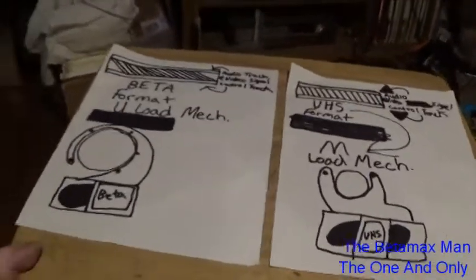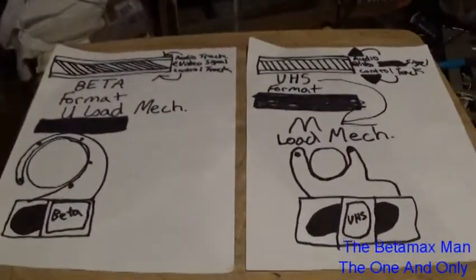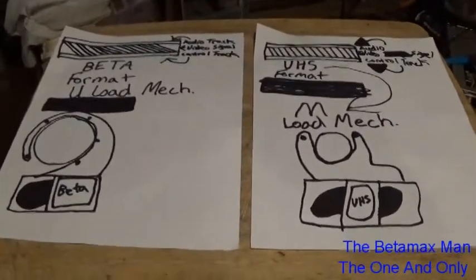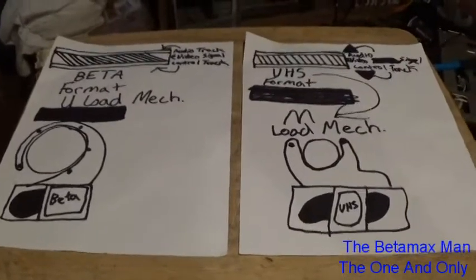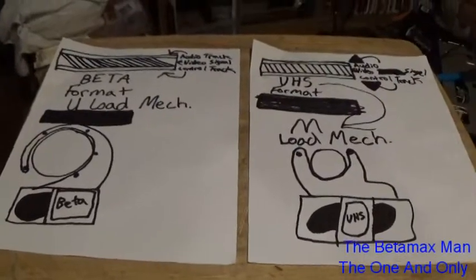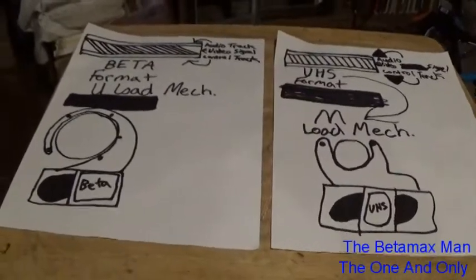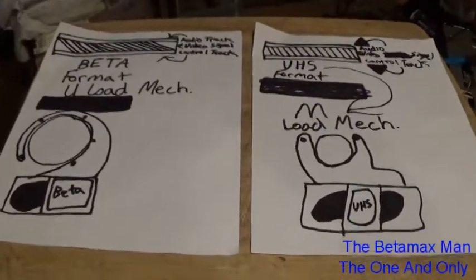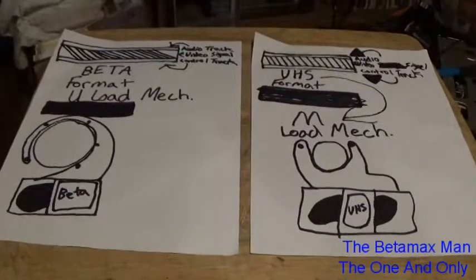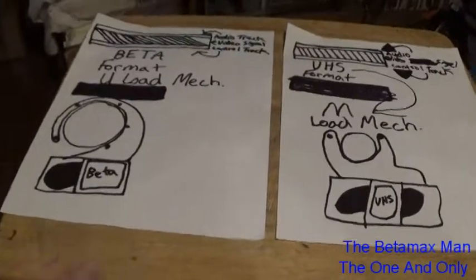Now, you are going to have to excuse my crude, terrible drawings, but it's the best I could do for this particular video. I'd already done a video on this, but it's been at least a year, maybe a little longer than that, since I last did a video talking about why the beta format was better than VHS in technical terms and visual terms. You can see what's going on, and these crude drawings are going to explain to you just exactly why the